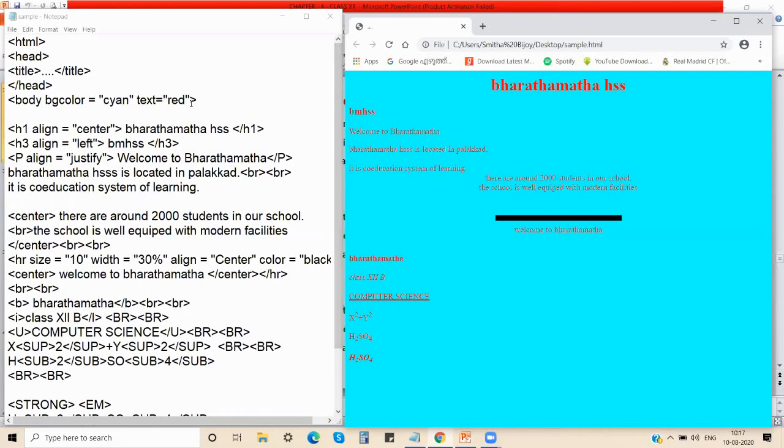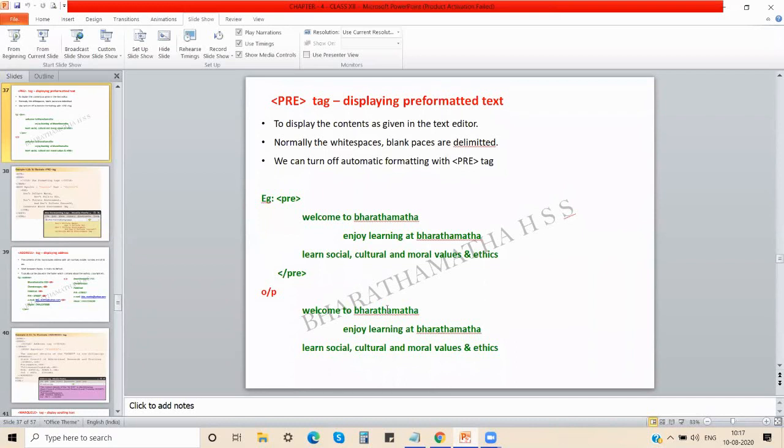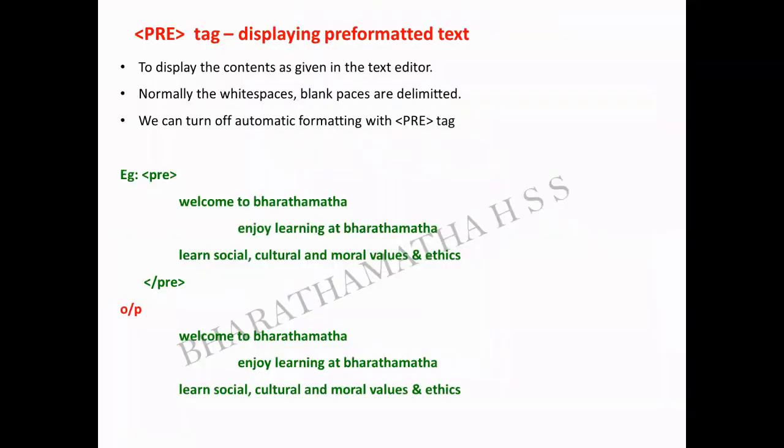So now this was the sample program that I have written. So based on this program, you can see the outputs also over here. So till this we have seen in the last class. So the next thing we are going to see is about pre-tag. We'll see some tags and then we'll come on to work.